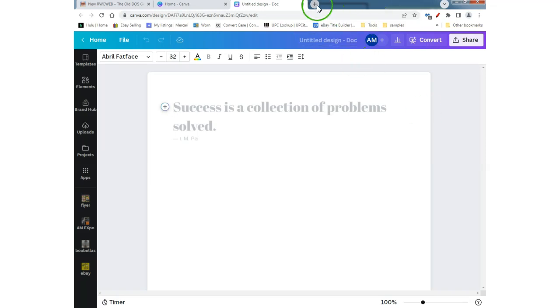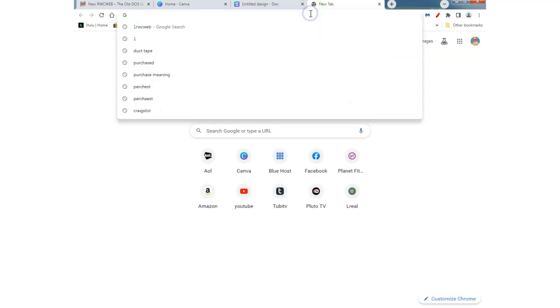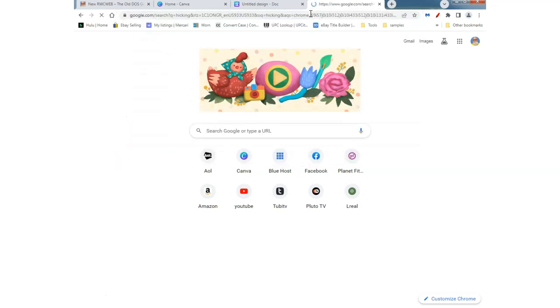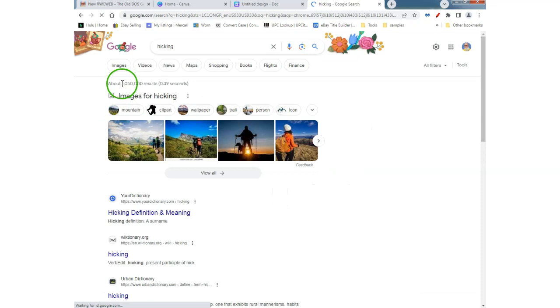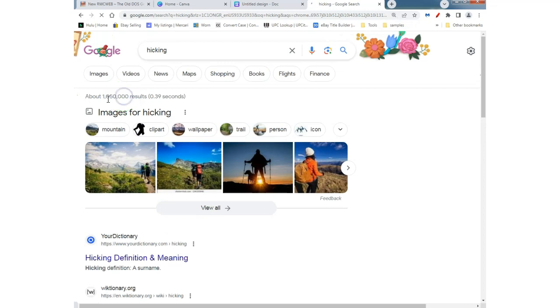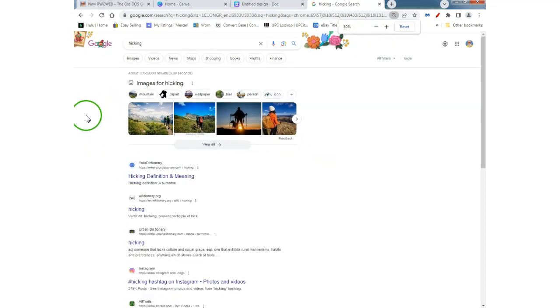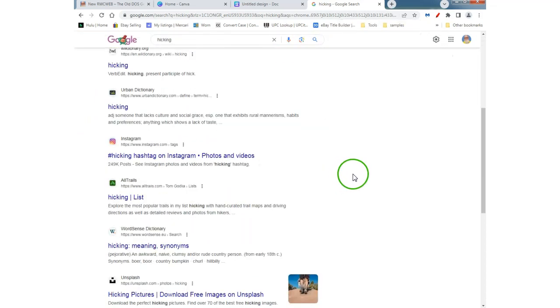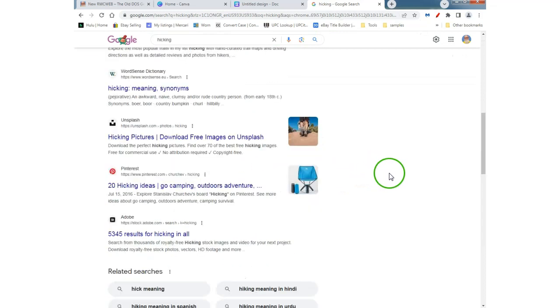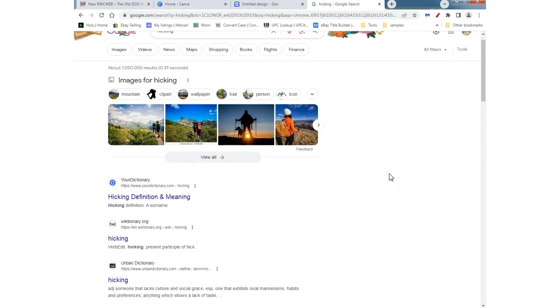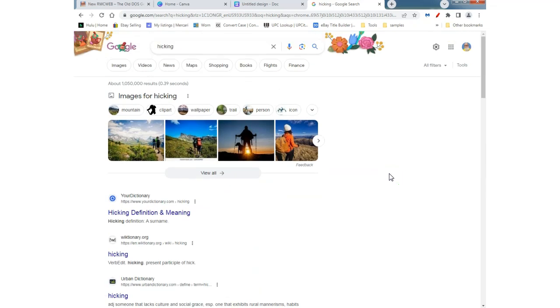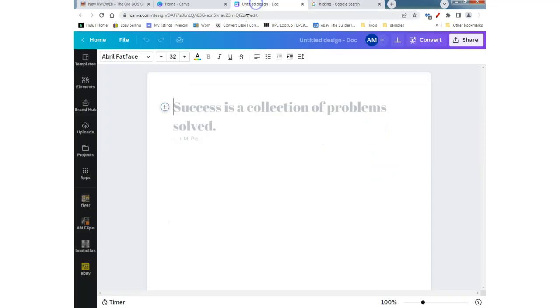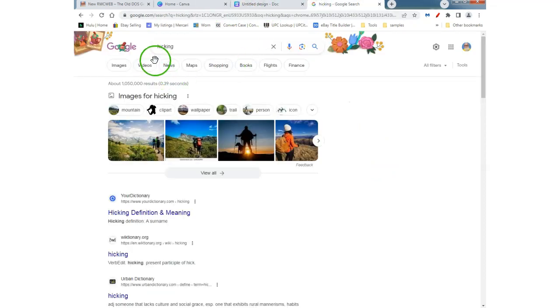So say I want to do an article or an ebook as a lead magnet, say on hiking. Now I could go to the internet and find a million things on it, but I can't just copy and paste stuff. I mean, you can in certain things, like private label rights. But you've got to go out there, fetch it, find it, and decipher it. So what I'm going to do,